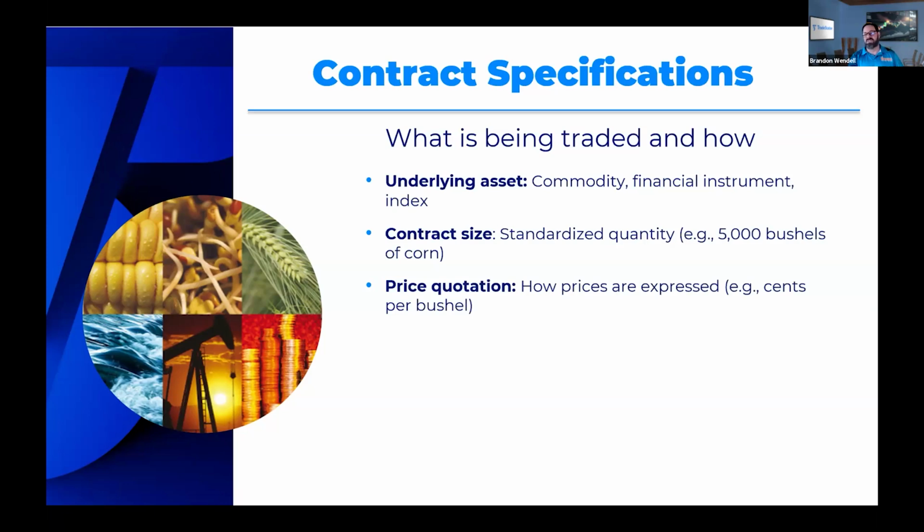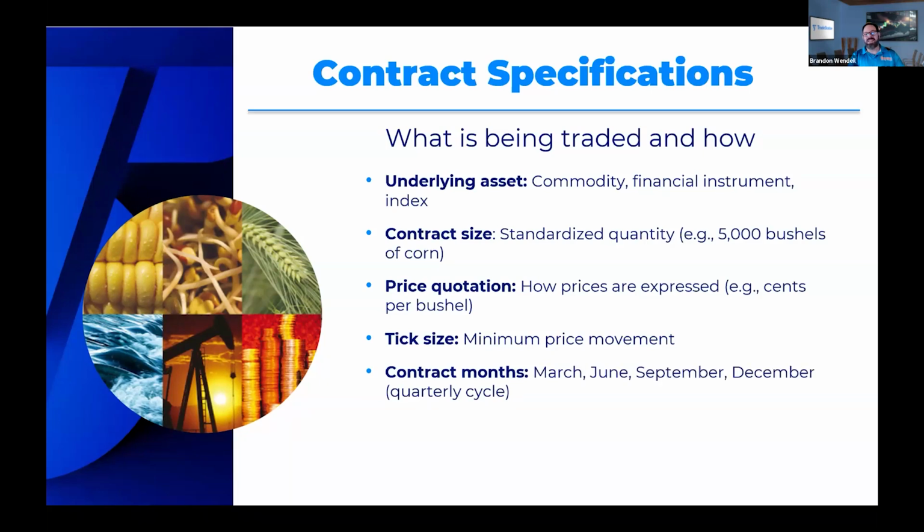And the price quotation. Sometimes they're expressed in pennies, sometimes in points, sometimes in quarter points, sometimes in hundreds or thousands of a penny, or whatever it may be. The price quotation is in the contract spec. The tick size is the smallest movement for that particular security. And tick sizes vary depending on what it is you're trading. If you're trading currency, it's different than if you're trading oil or corn or the NASDAQ. They all have their own individual tick sizes and tick values, and they have different months